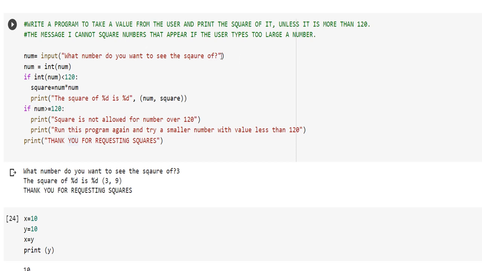I really hope that you are able to understand why the quotes are used. I have already explained the single quote, the double quote, and the triple quote in my last two previous videos. Now the double quotes are the normal quotes, but because this is followed by an input and a normal bracket and a normal quote, this is a simple sentence: What number do you want to see the square of?